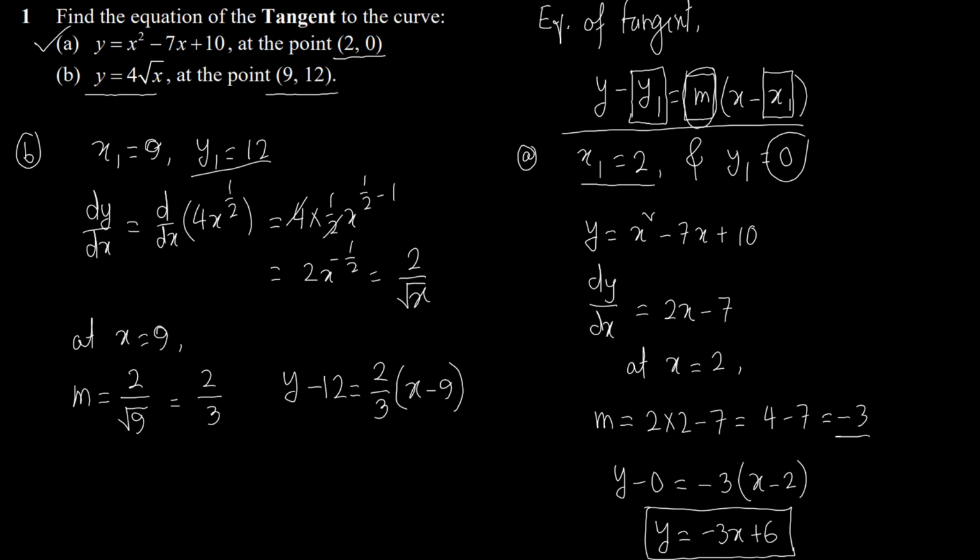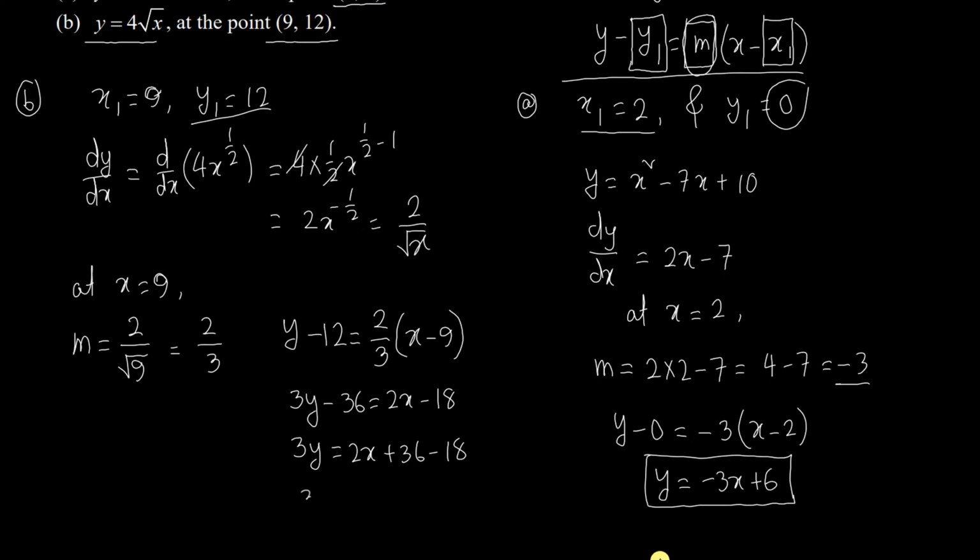Now it is needed to simplify. You can cross multiply by 3: 3y minus 3 times 12, which is 36, equals 2 times x minus 9, which is 18. So by writing one more line we can write our answer, which is 3y equals 2x, plus 36 minus 18, and finally we can leave our answer 3y equals 2x